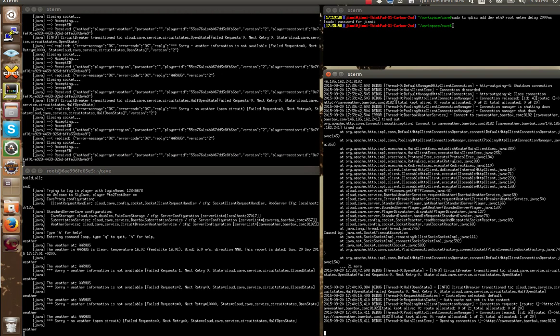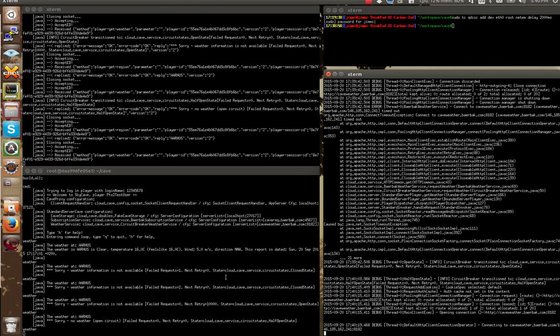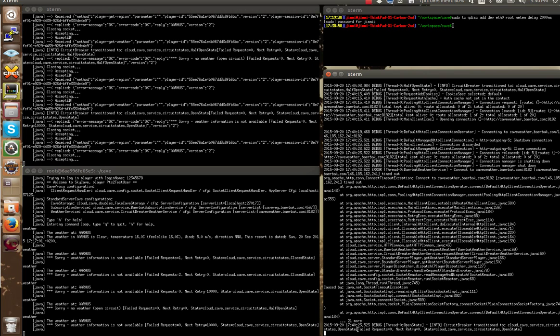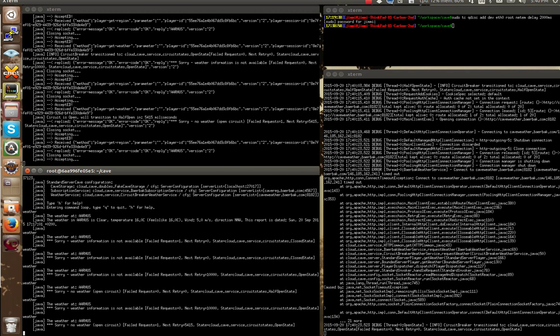See that the delay shows that it's trying to make a request. We can see here. And we see now that it's back in open state. And the second request, where the timeout is still in effect, we see that there's still 5 seconds till the